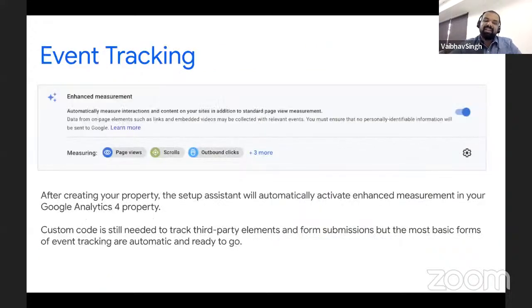Next thing is event tracking. Now we talked about how GA4 has converted all the small variables which were there before into event tracking. Now some of the events are predefined. You cannot expect a non-technical person who handles all this analytics to know how a particular news article is performing.